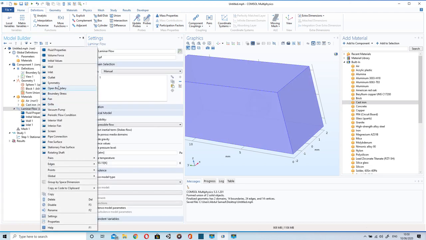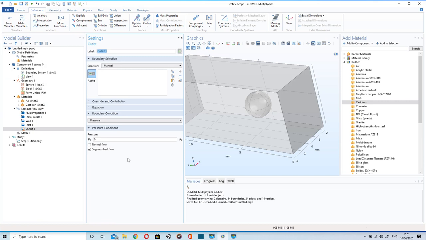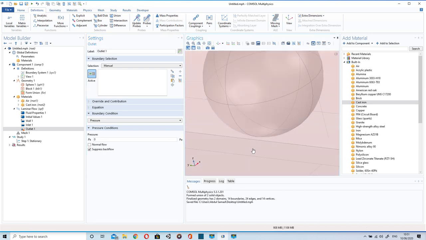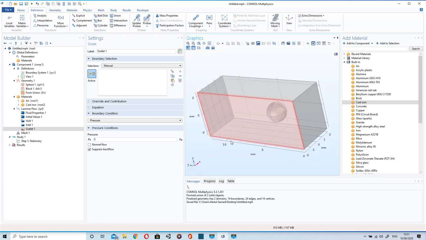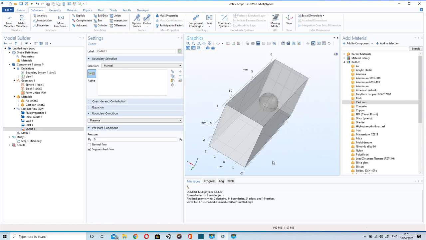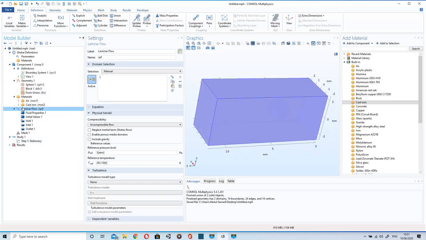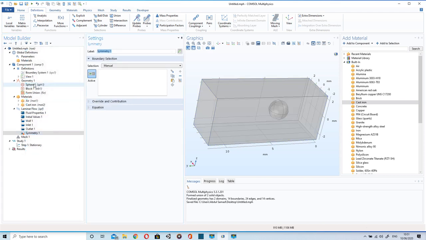Right click on laminar flow and insert outlet. I will select the outlet. For that, I will rotate the box. For rotating, hold left click. Now I will select this surface as an outlet, and the boundary condition for outlet will be pressure, and the value of pressure will be 0.